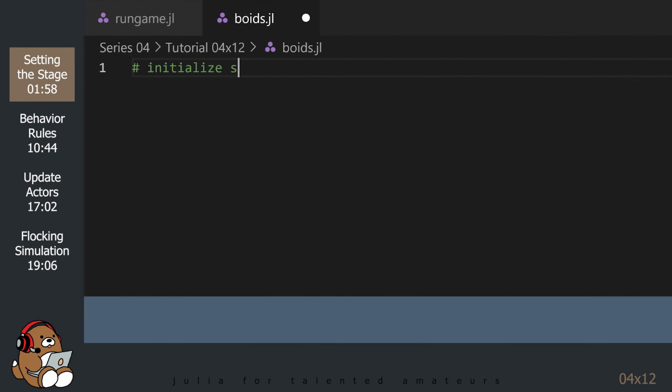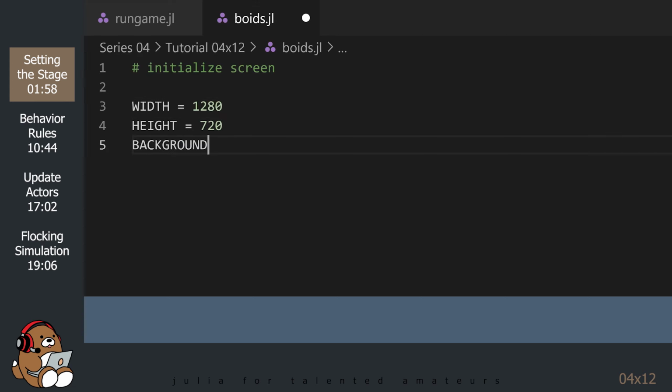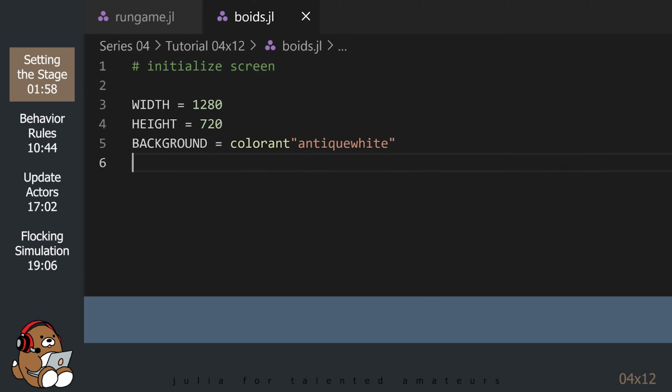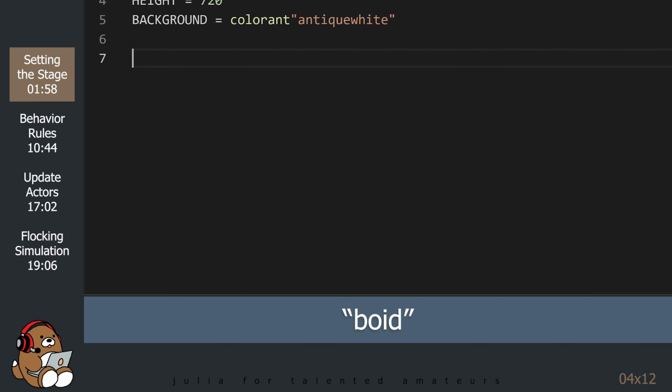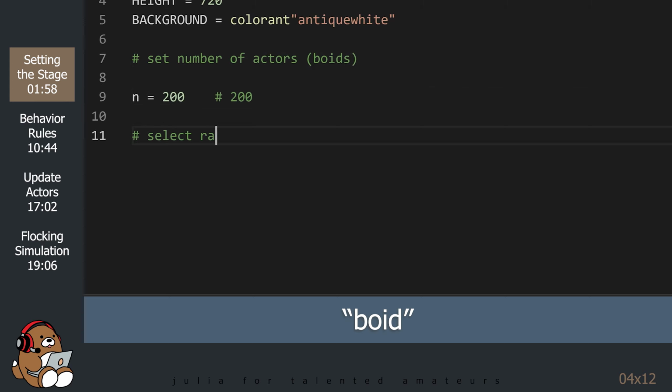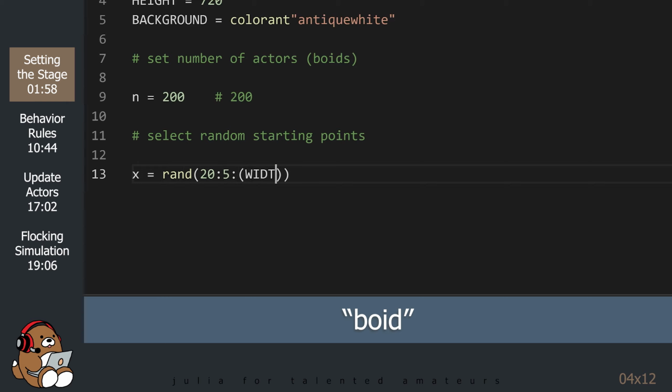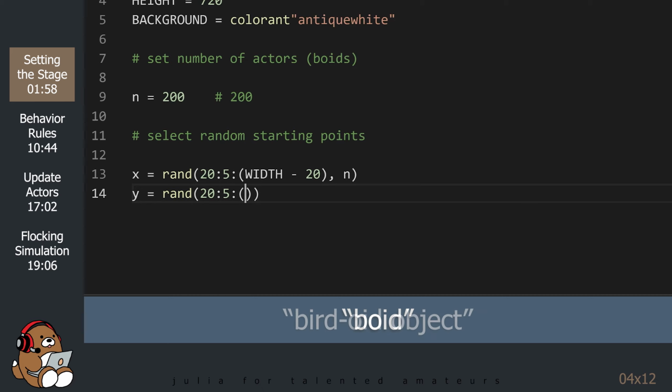As with all of our previous Game Zero projects, we start by initializing the game window. You can change the dimensions to fit your monitor. Next, we're going to set up our actors, which we will refer to as boids. The term boid was used by Craig Reynolds to refer to what he calls the generic simulated flocking creatures.